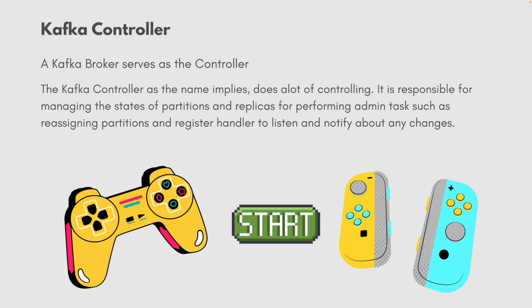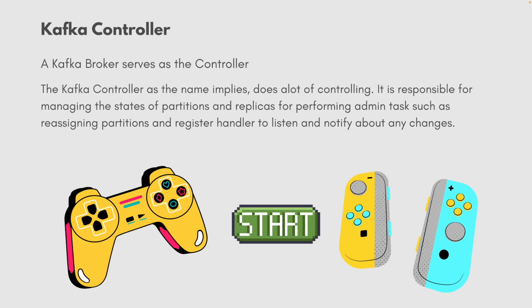So I showed in the original photo that a Kafka cluster can have many brokers, right? A Kafka broker forms a cluster by directly or indirectly sharing information with each other. But in a Kafka cluster, only one broker serves as the controller, right? We can't have multiple controllers within a cluster. That could be a little bit confusing, because the controller is responsible for managing the state of the partitions, which we'll talk about, and replicas. So the controller has a lot of admin tasks that it needs to handle internally, and having a lot of brokers do that would be an issue, or it can be confusing.